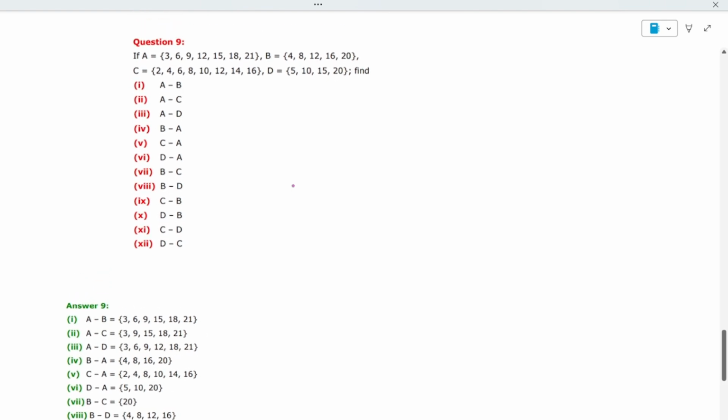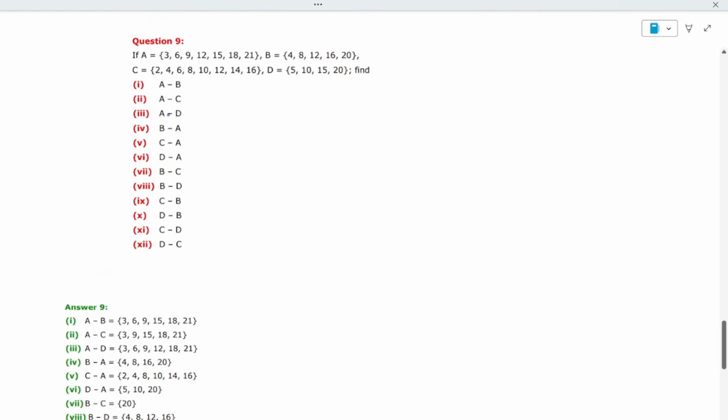Now let's see the ninth question. A is given as a set, and you are finding A minus B. When you are finding the set A minus B, what you have to do is A minus B. See, you have 3, 6, 9, 12, 15, 18 and 21, and here is 4, 8, 12, 16, 20. Now let's understand what elements are there. A minus B means you have to